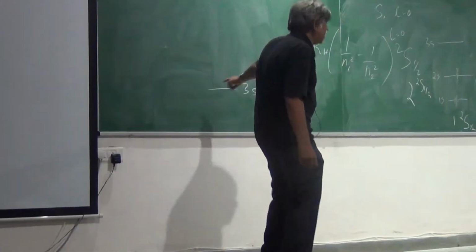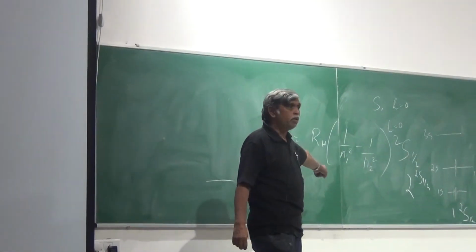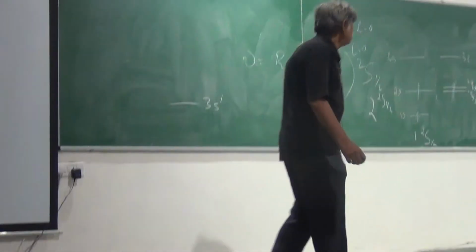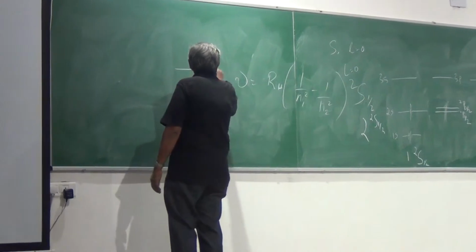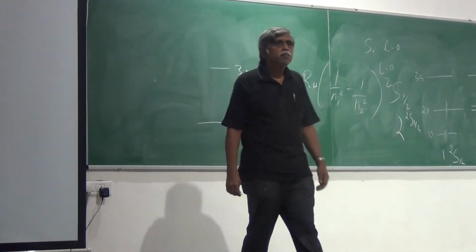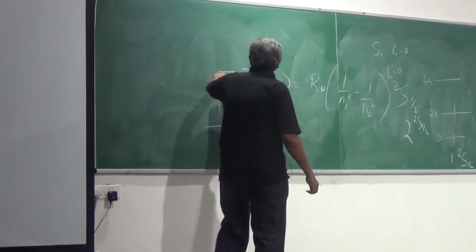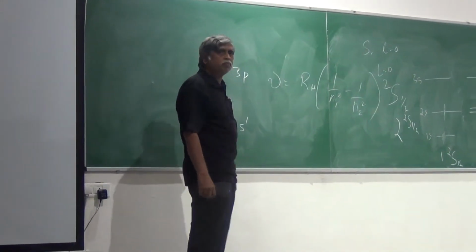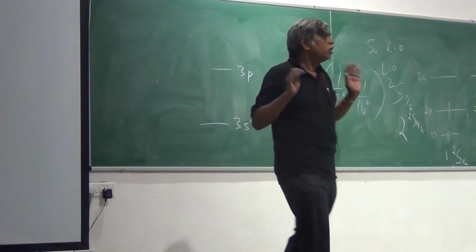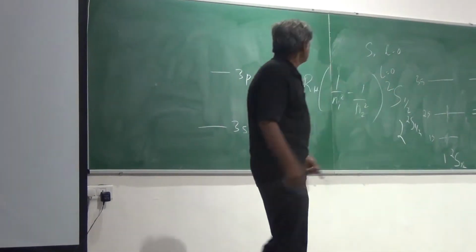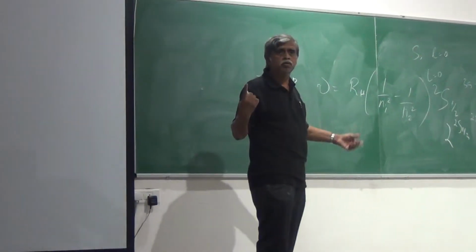And therefore, since sodium is not a one electron system, 3s and 3p will not be degenerate, so they will be split. So let's say I split. If I'm simply going to say that the electron is going to jump from here to here, and then jumps back from 3p to 3s, I get my line. How many lines must you get? One line, because p going to s is one line.